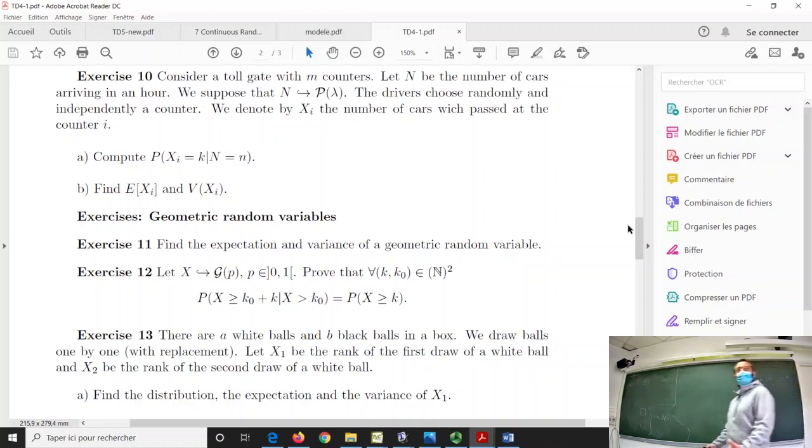So in which situation are we, from the course? You repeat something and you have, let's say, one success. Binomial. I repeat n times flipping a coin, and I count how many heads. It's exactly the same here. You repeat small n times because you have small n cars. If you are given capital N equal to small n, you have small n cars that arrive. Each one chooses or not.